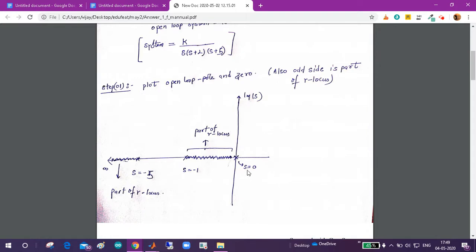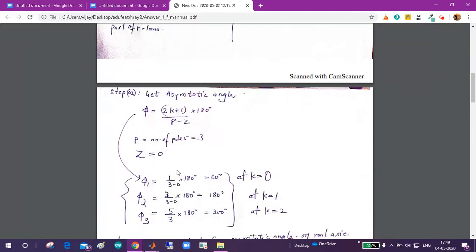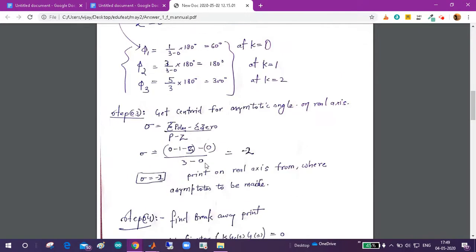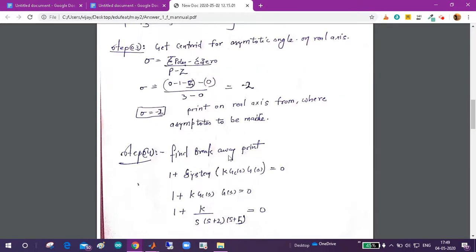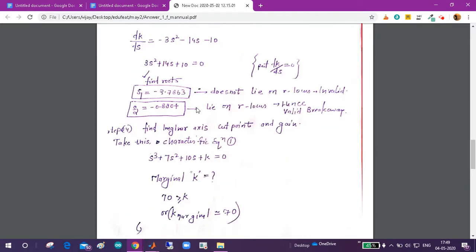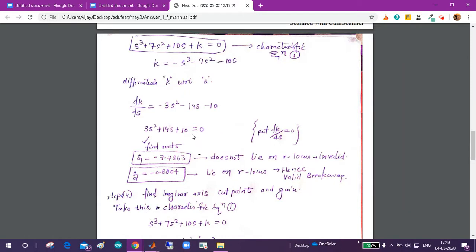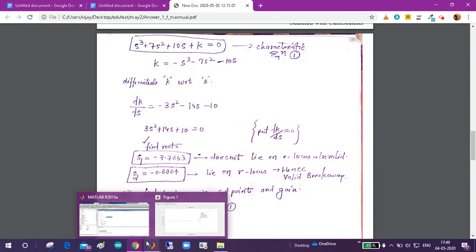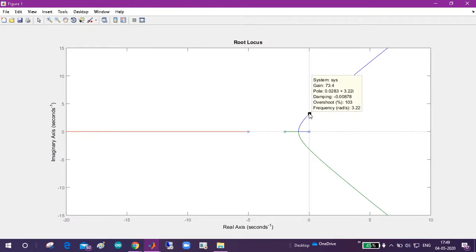The first steps are written in all control system books. Firstly we plot the pole zero plots, then asymptotic angles are calculated, then centroids, and then the breakaway point, which tells from where it will break. Suppose the breakaway point is minus 0.884. Let's verify whether this breakaway point is happening or not.